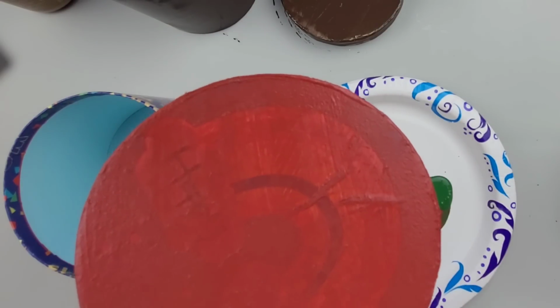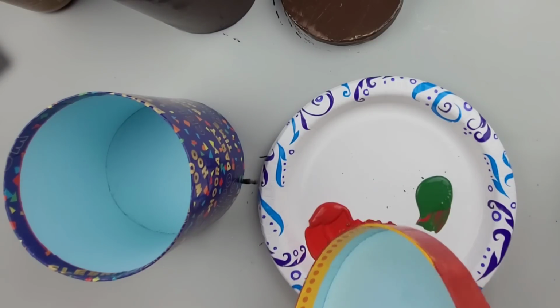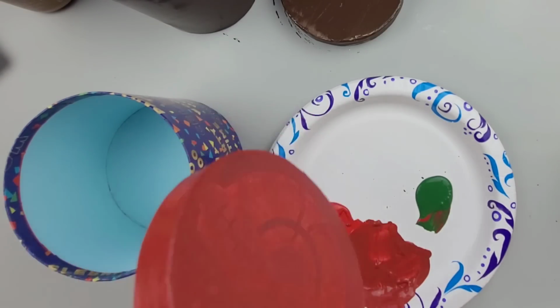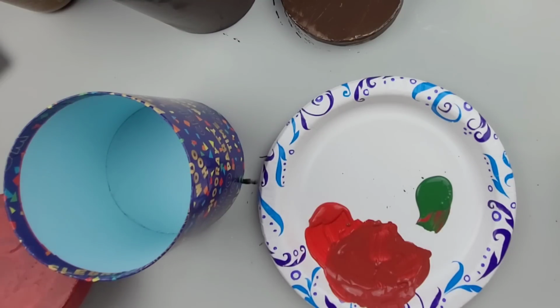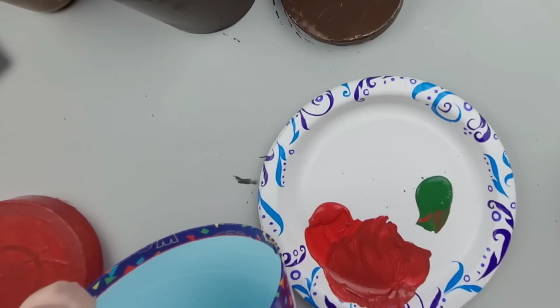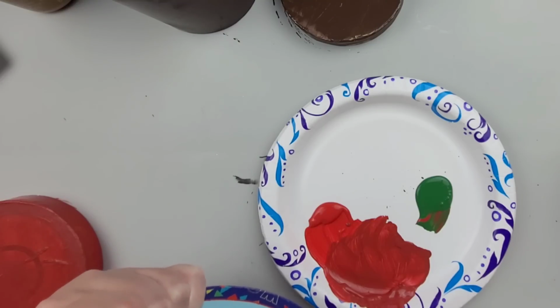And I ended up adding 2 coats of paint to all of these boxes, and that was enough to cover up all of the words and everything on these boxes. And the only thing I did was kind of that box that I was just working on there, it had a little bit of glitter on the top, so I just sanded that off with that little finger sander, and